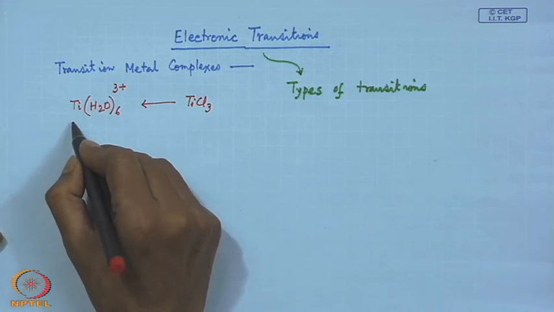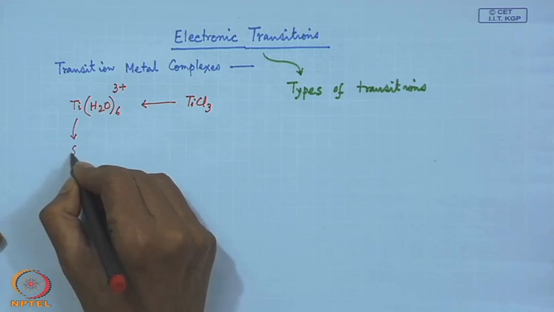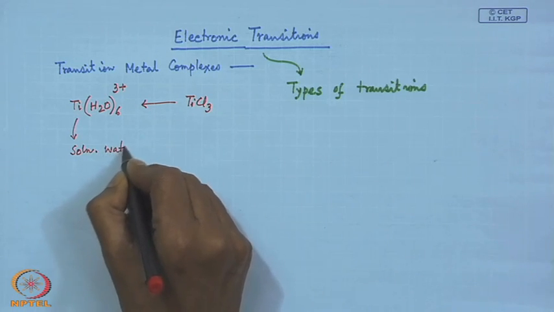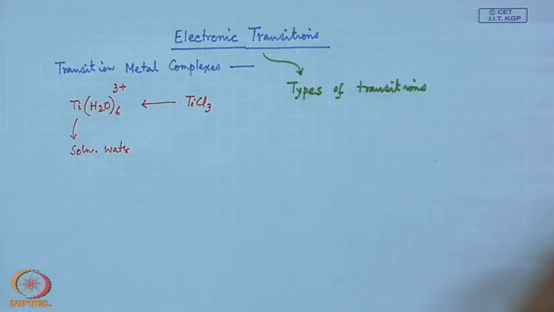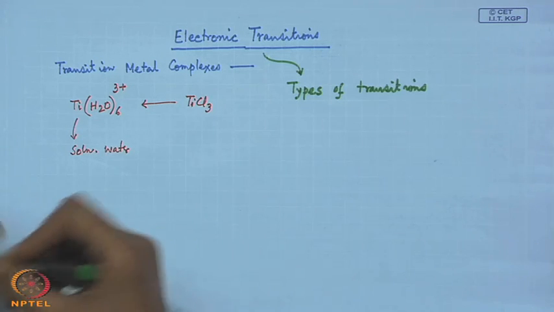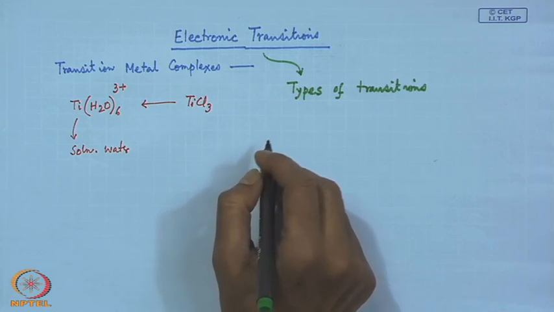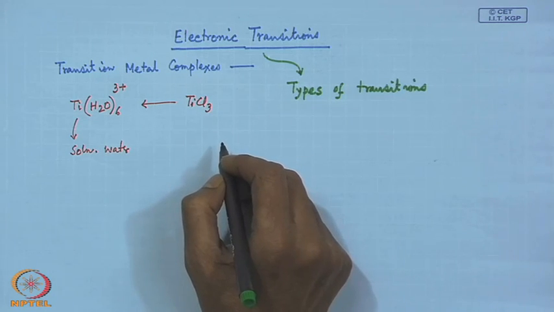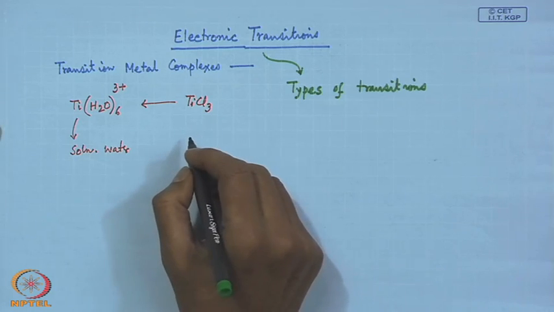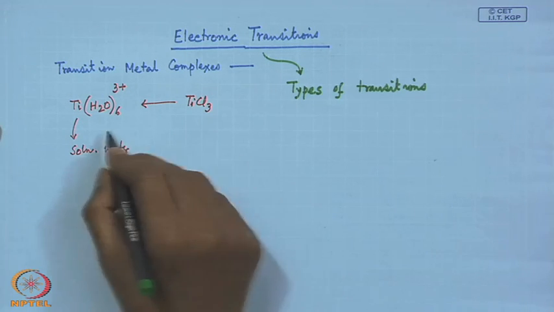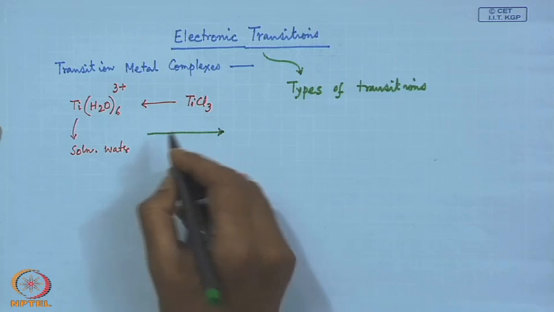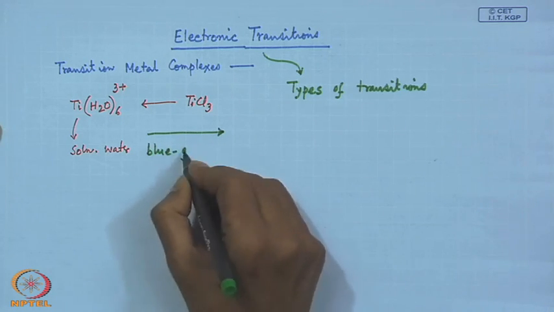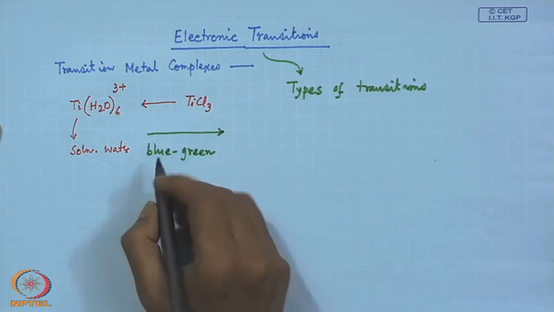And when we make the solution of this particular species, since we are dissolving in water, it is a solution in water, and we can have the corresponding multi-electron system for this one if we have more than one d electron for this particular ion. So, we basically see that when this particular complex is exposed to some blue green light, wavelength corresponding to the blue green light,